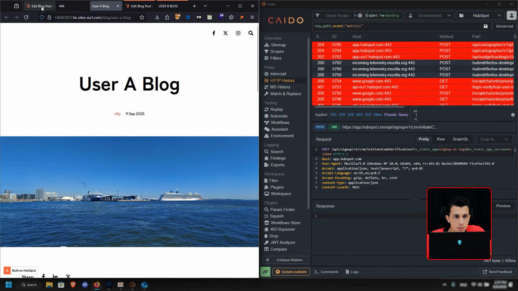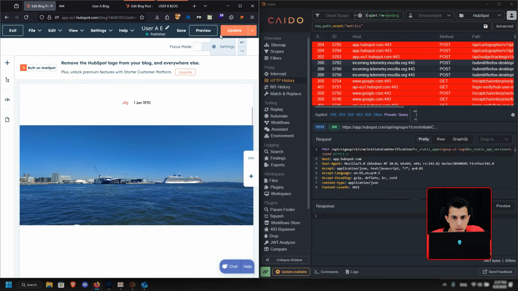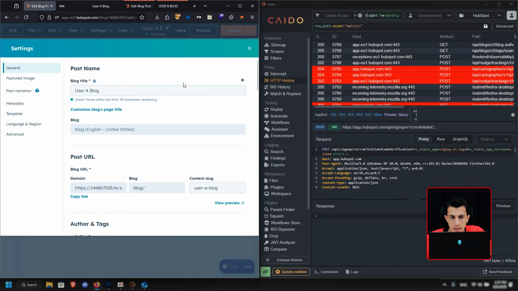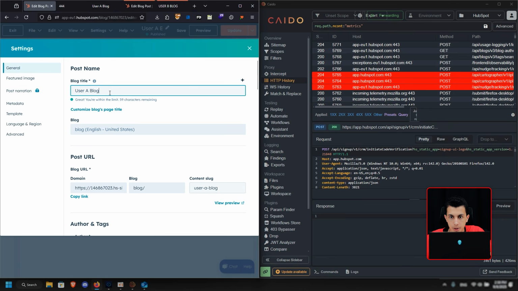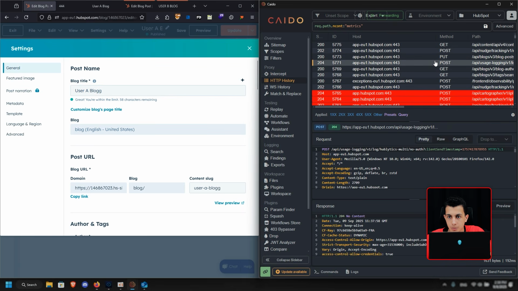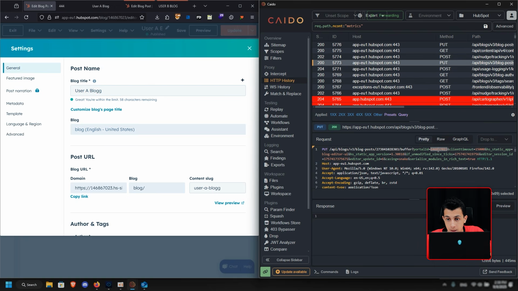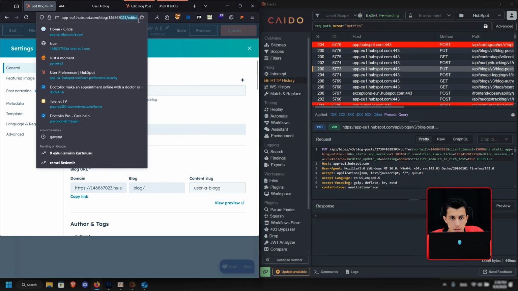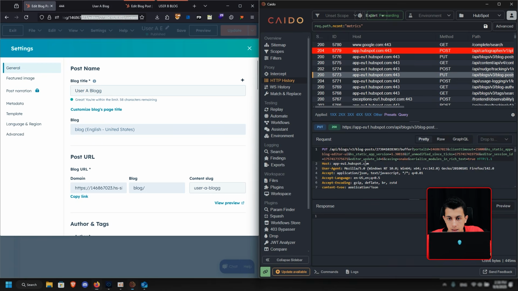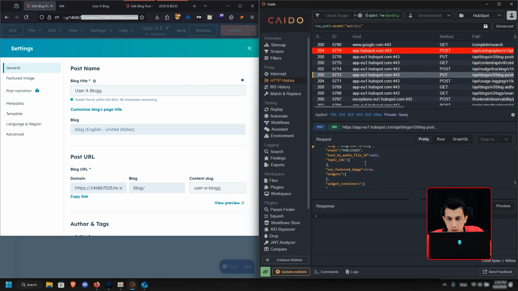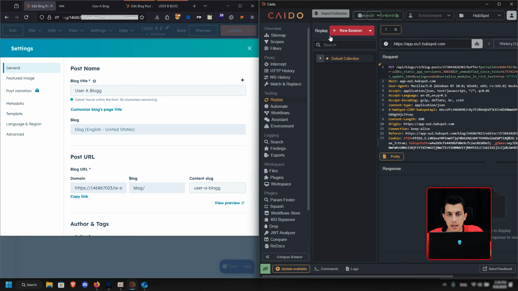And I will go to the edit blog post and I will just click on settings and change this to be blog 2Gs. Okay, so we have a PUT request right here, and we have the blog post ID and we have the portal ID. Okay, so I think this is the editor session. Okay, so in the body right here we have basically all the details, the blog author ID. Okay, so we have everything. Let me send this to Repeater, and